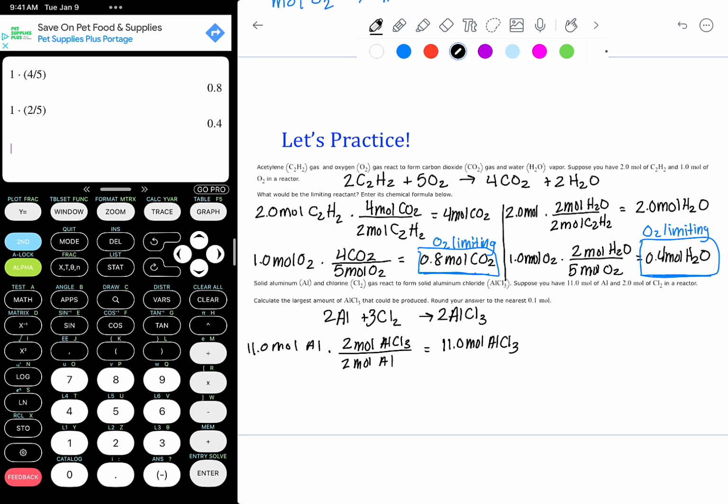We then do our next reactant, which is 2 moles of Cl2. And we use our mole ratio, which is for every 3 moles of Cl2 used, we create 2 moles of aluminum chloride. So we take 2 times 2/3, and we get 1.33